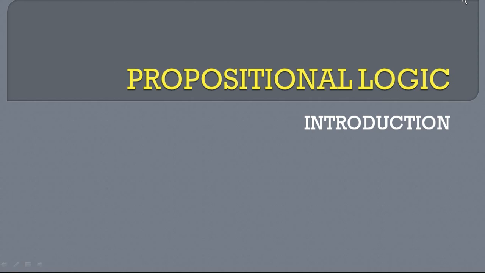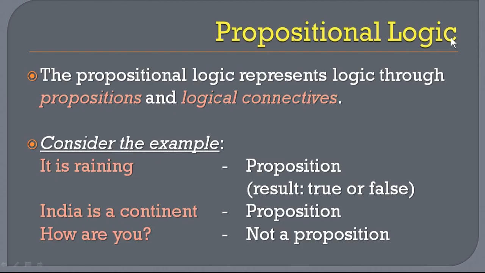So you can say a proposition is a statement which asks for a declaration or a judgment, where you can provide a yes or no answer. Normally logical statements come under Boolean, where you have only two values, true or false. So we are going to discuss propositional logic and the terms and symbols used in it. Propositional logic represents logic through propositions and logical connectives. A proposition is nothing but a statement, and a logical connective is nothing but the symbols used.